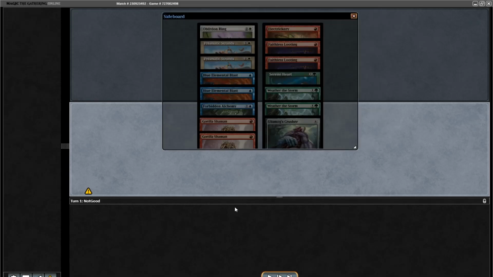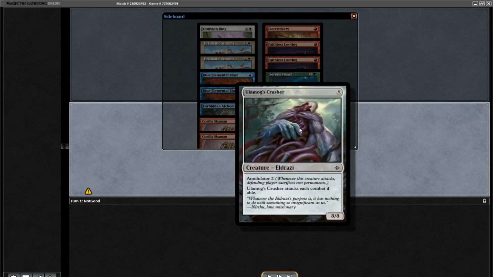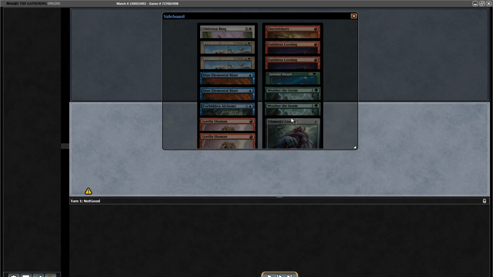So game 2, bring in 4 Red Elemental Blast, cut 1 Alchemy, 1 O-Ring, and 2 Looting. You also bring in 1 Dispel, and cut a Crusher for that. Probably should have kept in Crusher. That's debatable, but